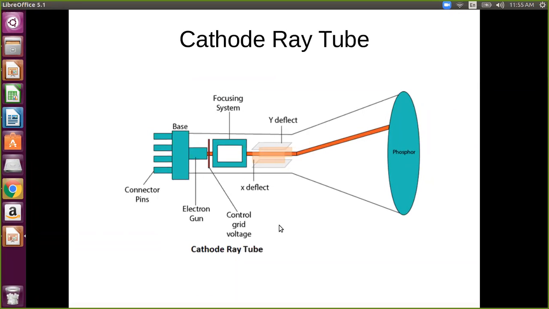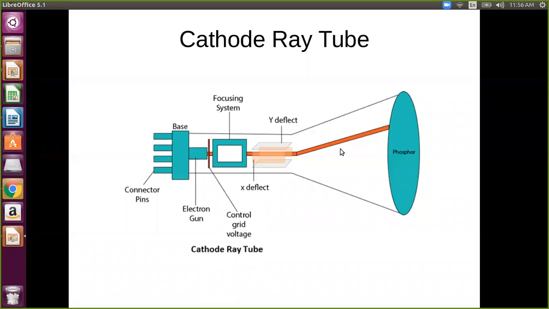There is no need to describe much more, but a general description is that this is the connection for the CRT, and the electron gun generates the electrons. These electrons impact the phosphorus.